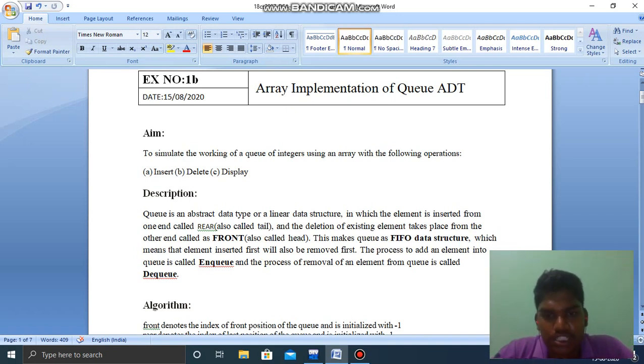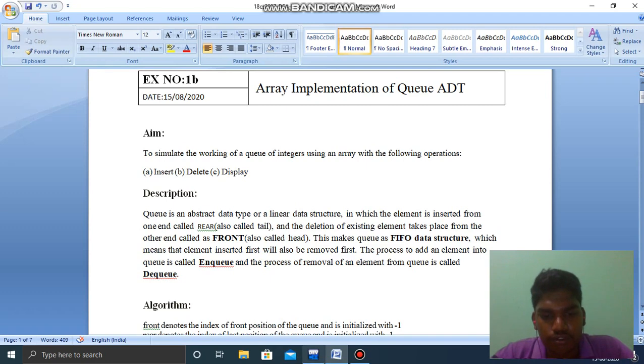This makes queue a FIFO data structure, that means first in first out, that means elements inserted first will also be removed first. The process to add an element into the queue is called enqueue, and the process of removal of an element from the queue is called dequeue.